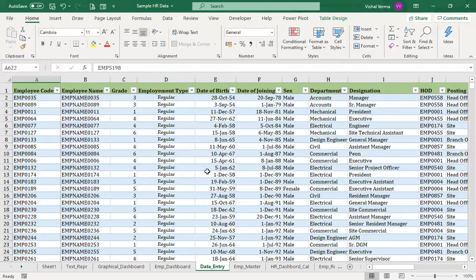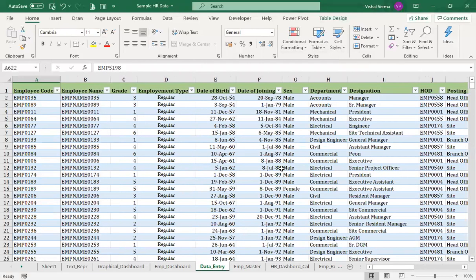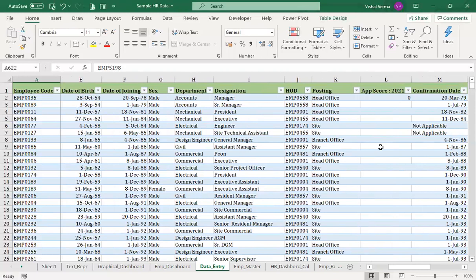Now in this organization, or this particular data that we have worked on, you will see that in the data entry we do not have anything called compensation here. So what I have tried to devise is that the appraisal process is based on the increment or the appraisal score that the employee is having. Whenever we have the appraisal score, we just put up the appraisal score, and then we can get the compensation of that employee.